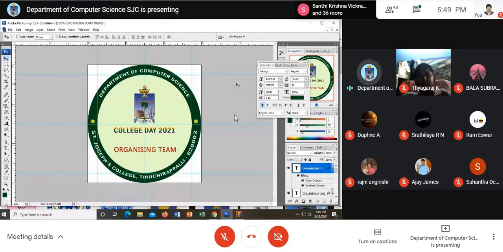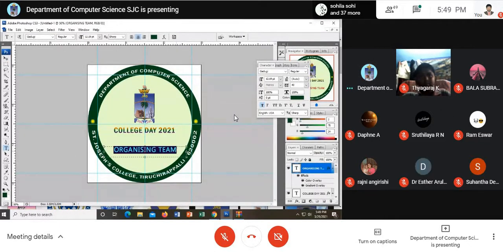So the badge size may vary. See, the badge's size may vary. Chief guest to ordinary badge, it may vary. But the center portion will be the same. You can strip it off and paste it in the center. Only the circle outside varies, and that will differentiate whether it is the chief guest or organizing team, whatever it may be. And along with that, you also give a tag here, organizing team or chief guest or somebody. So you can give that.